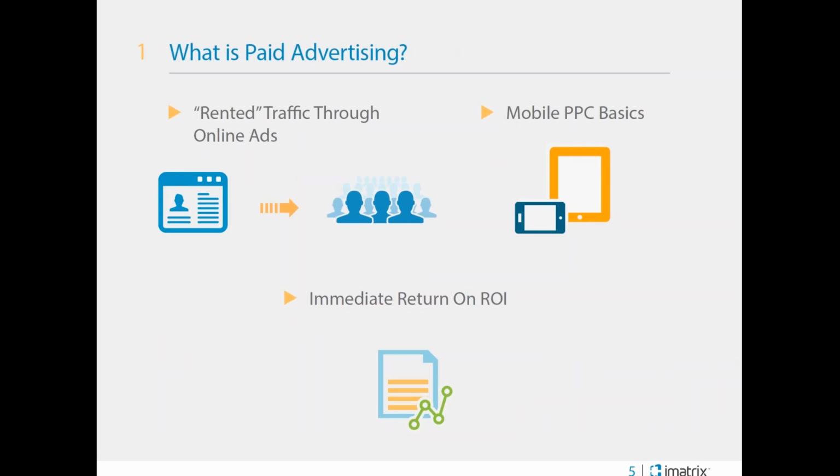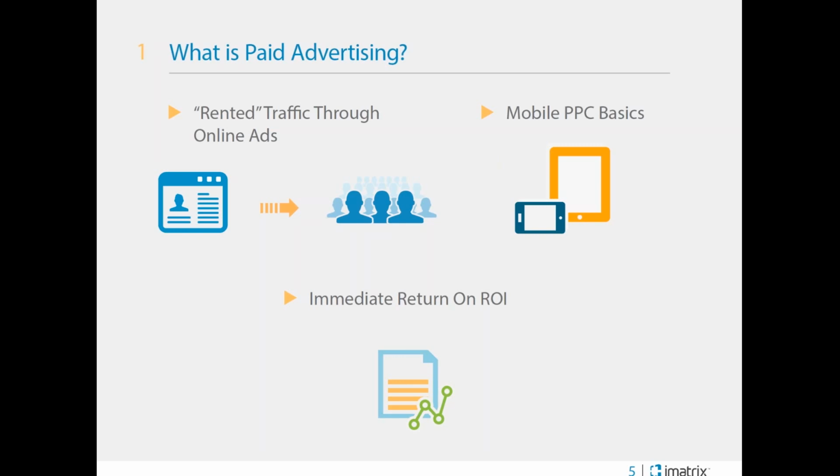What is paid advertising? So this is pay-per-click. Pay-per-click marketing, or PPC, is pretty simple. Search engines like Google and Bing allow businesses and individuals to buy listings in their search results. These listings appear along with the natural non-paid search results. These ads are sold in an auction, and you bid what you want to pay for a click on the ad. Bid the most and you have a chance of ranking #1 in the sponsored results. Note that I said a chance. There's also something called a quality score that can impact your ranking, and I'll get more into that in a minute.